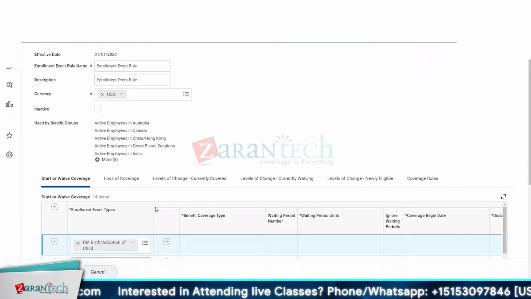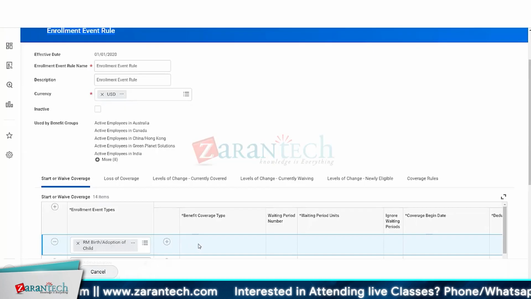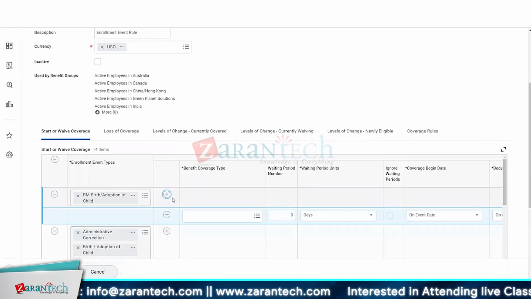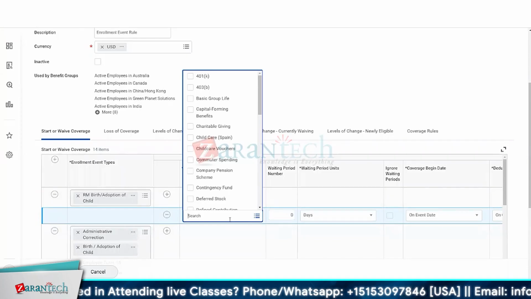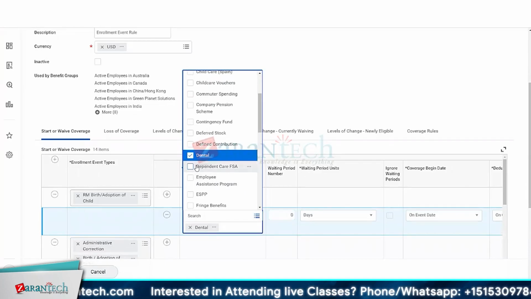you could start coverage. So in this example where we created the event called birth of a child, if someone has this event, then in the next tab right here, we indicate the type of coverage types that's going to be available to them. So for this event, we're going to say they're going to be eligible to change their medical, and dental, and dependent FSA,